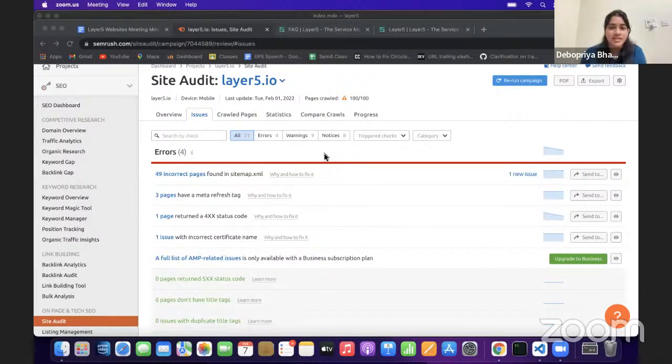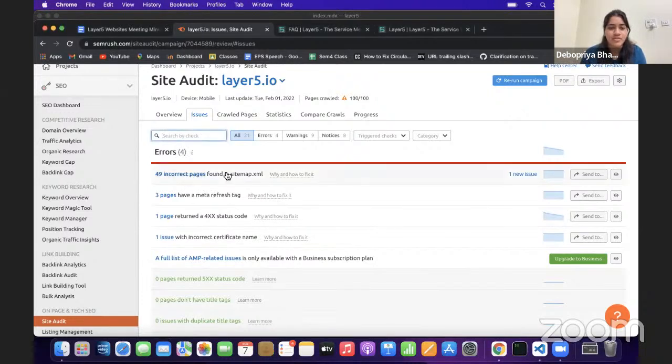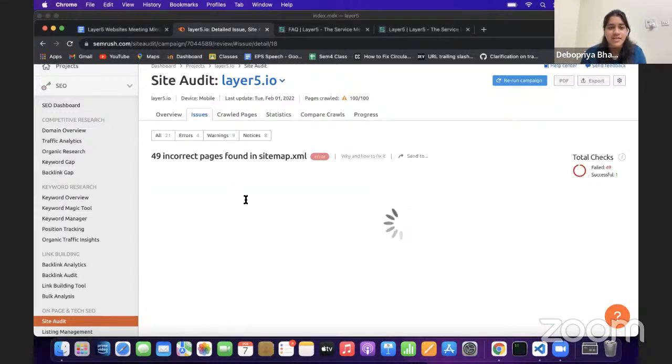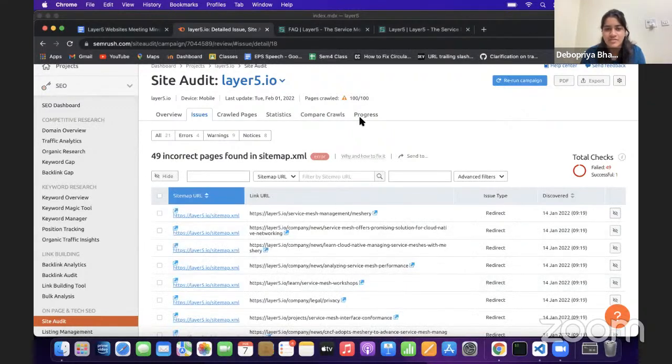So the next thing that I wanted to talk about is that in the recent site audit, it was showing that we have 49 incorrect pages. And I think the number is more than that because this tool does not actually go through all our pages because of the limit that we have.